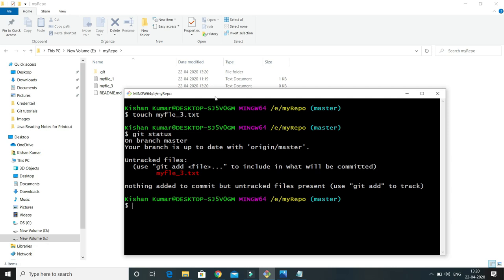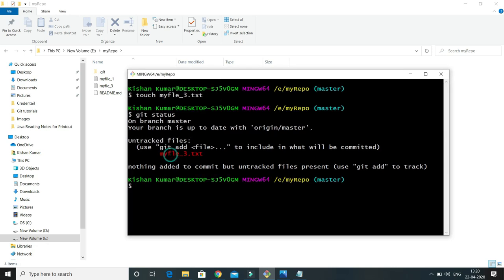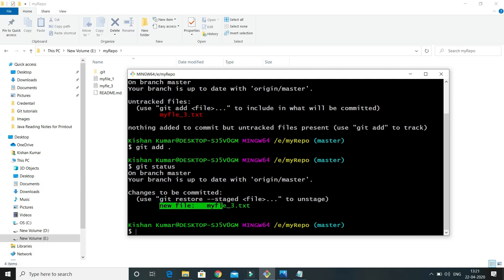When I say git status, here you can see an untracked file. This file is simply created in my local workspace, but till now we haven't added it into our staging area. How to add a file into the staging area, we have already covered in previous video tutorials. Here I'm going to use one of the very simple commands, git add space period. This will add all modified or newly created files from my local workspace to the staging area. Now if I do git status, you can see this file has been added into the staging area. Now I would like to commit it, and that's what we have the git commit command for.